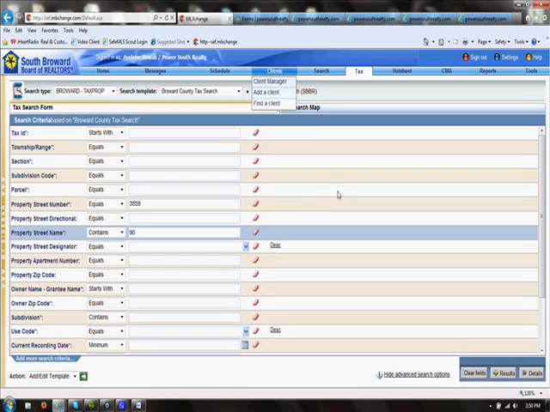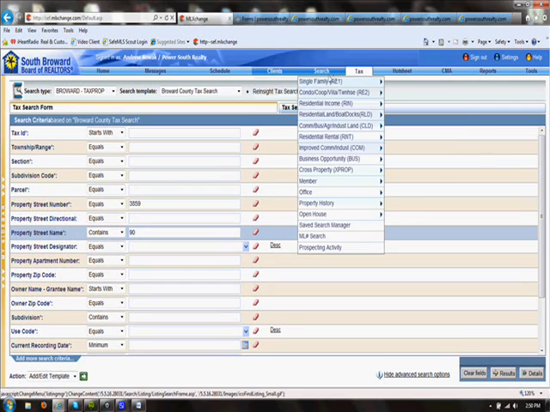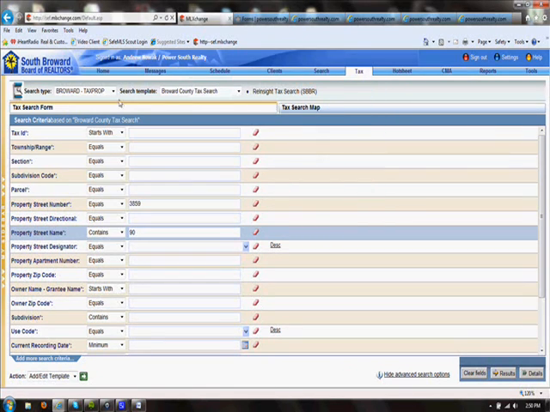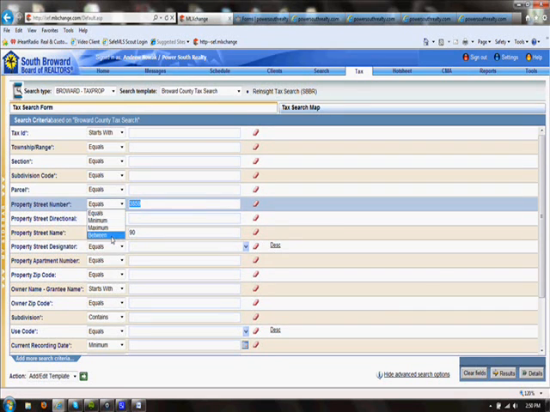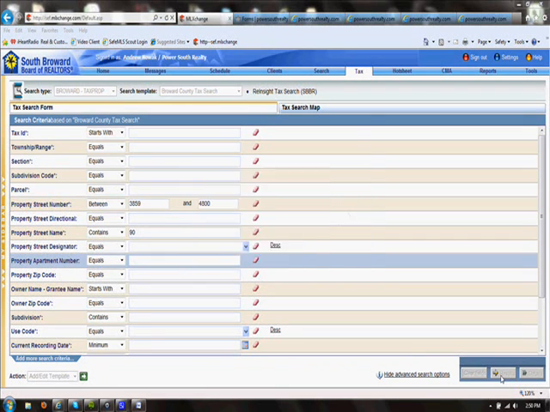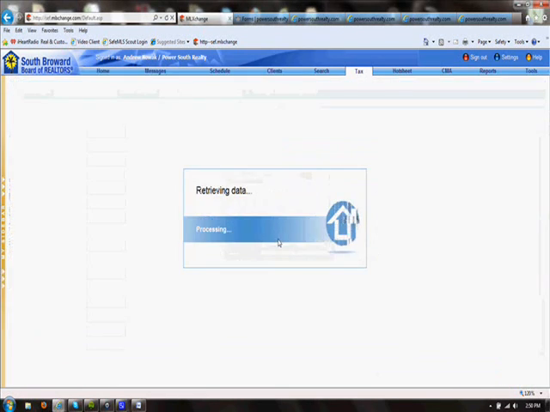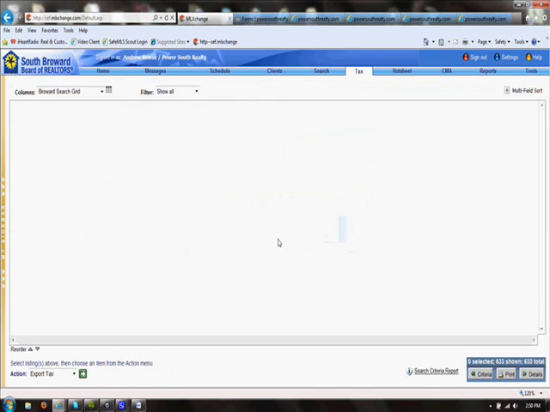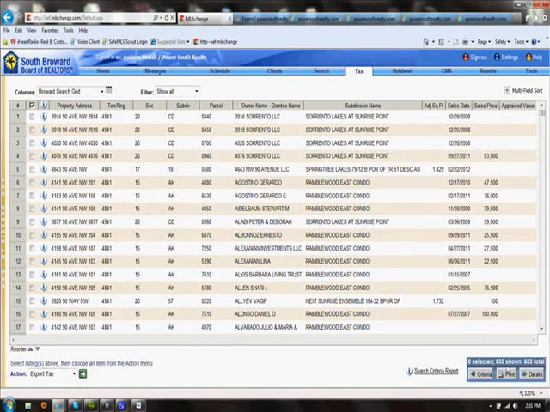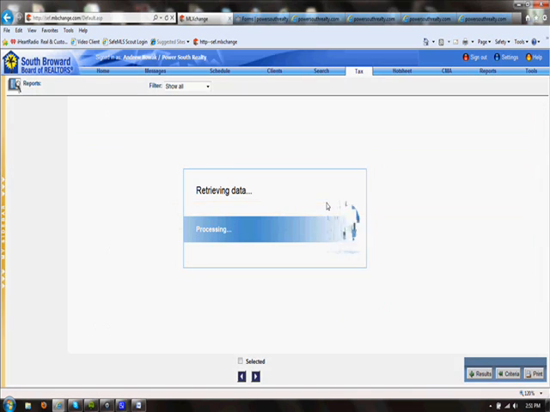Well, this is a very poor example. This is when you would call the listing agent and find out who the name of the owner is, etc. But in the meantime, we do need to find a tax record. So let's do this between 38 and 4800, and let's see if we can find a tax record. We have 633. Let's hit details. Here's the tax